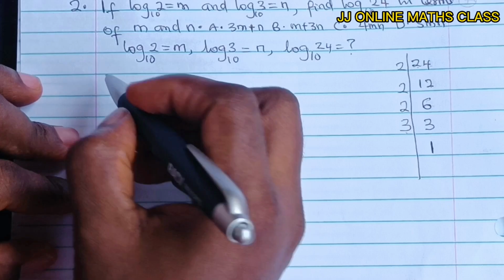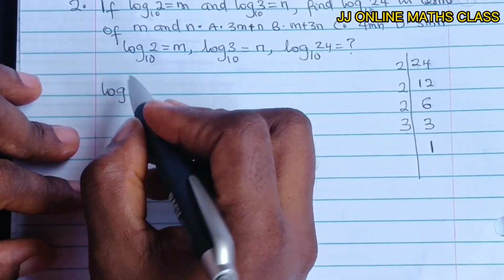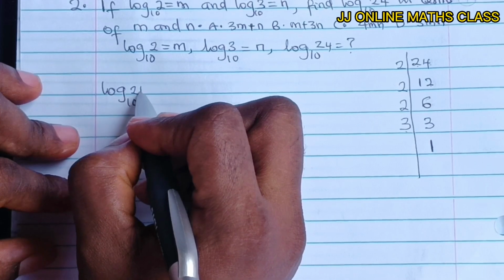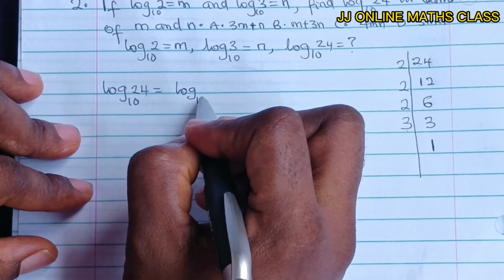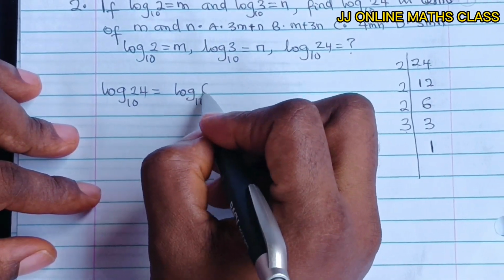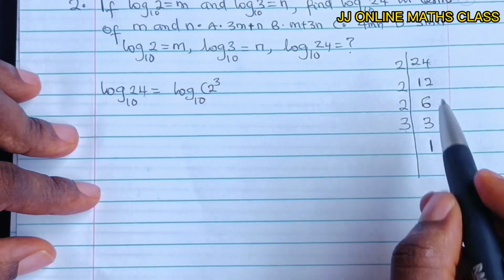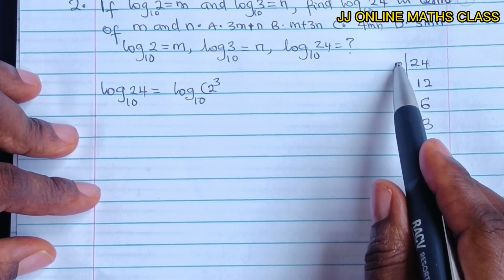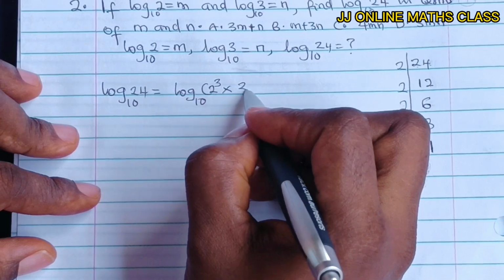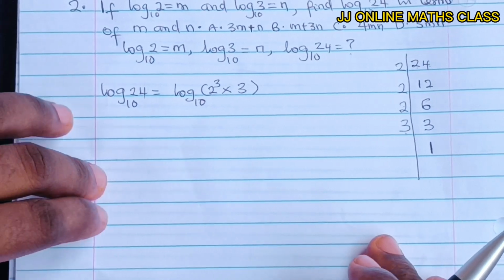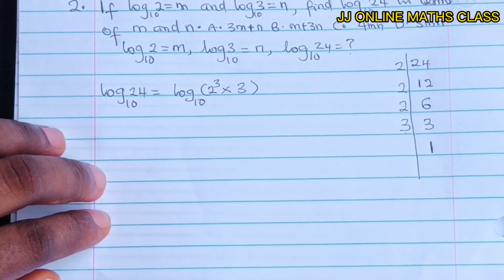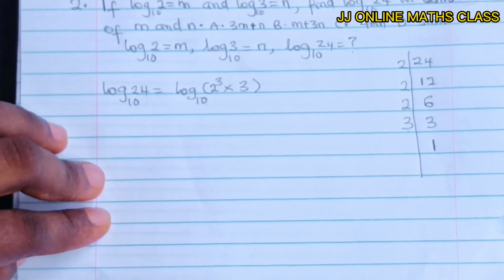Okay, that means that log to base 10 of 24 can be written as log to base 10 of 2 to the power of 3, that is 2 times 2 times 2, times this 3. Okay? Alright. Now, there is this law of logarithm which states that